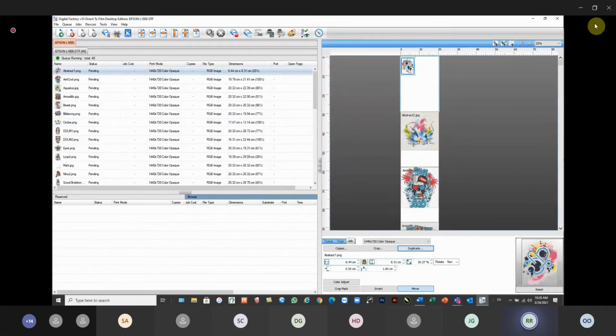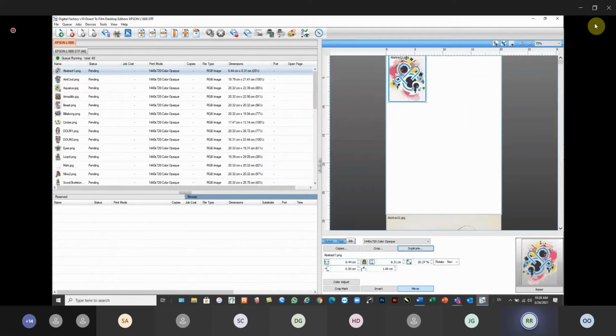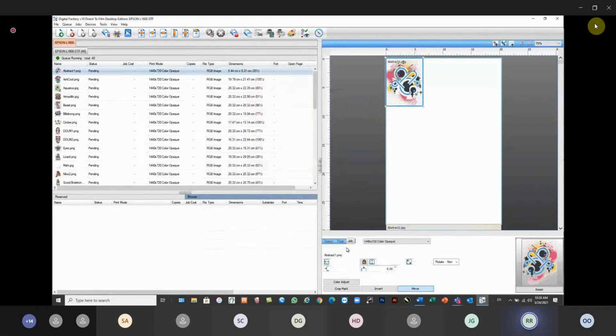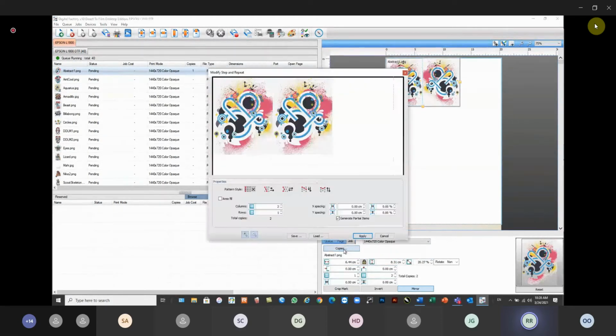our step and repeat. Okay, so we do have customers that want to print, say, a pattern. Okay, so if I wanted to print a pattern on this page and use this image as my pattern, and I want a full page of this, I could click crop. Oh, I'm sorry, not crop, copies, and then click copies one more time. And this brings you into your step and repeat window. And in here you have the pattern style: continuous row offset, alternate row offset. So I'm going to select the alternate row offset, click area fill,